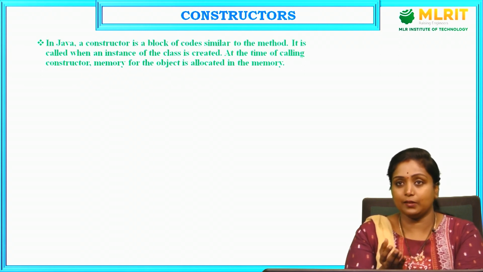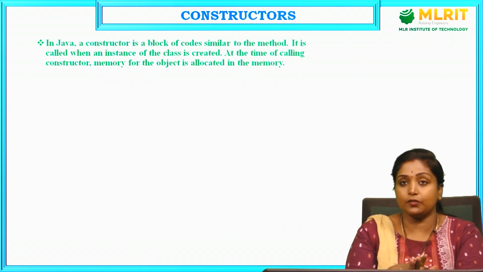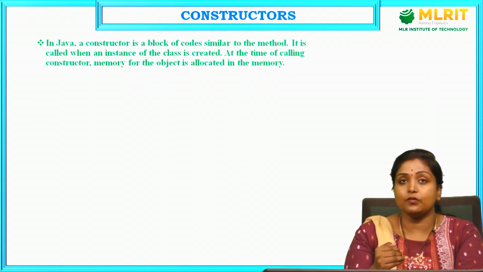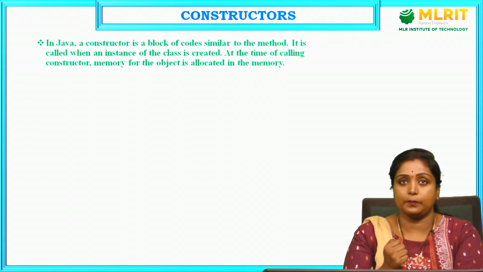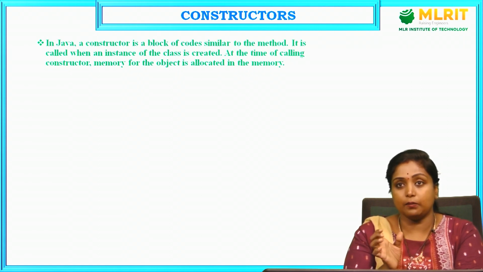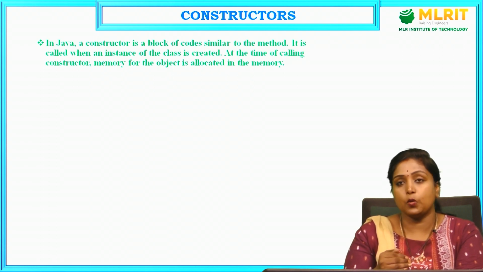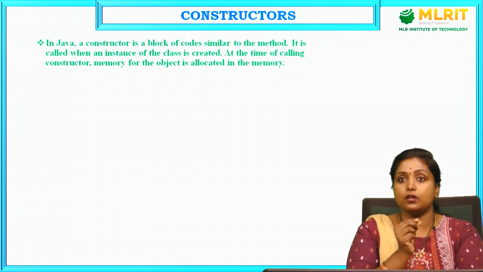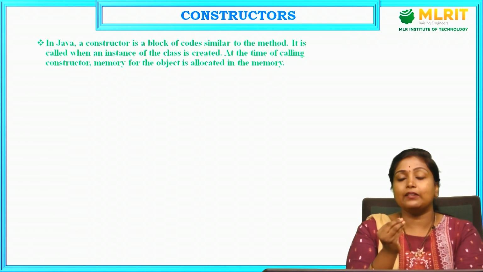The difference between a main method and a constructor is that a constructor has the same name as the class, and you will have code inside it. Whenever you create an object for a particular class, it will invoke the